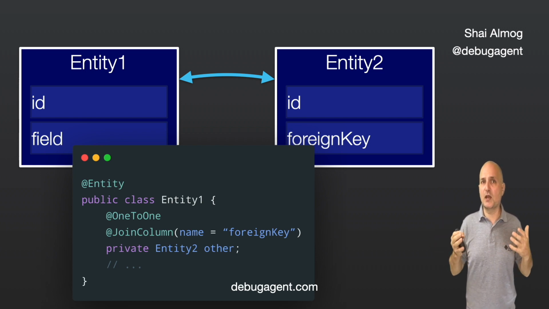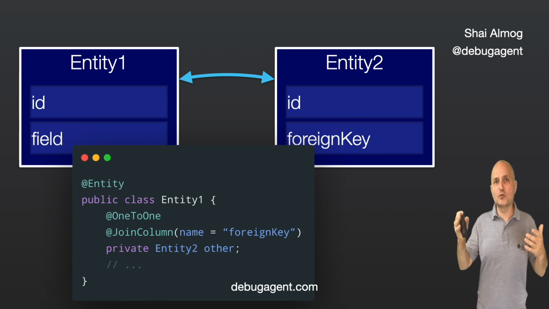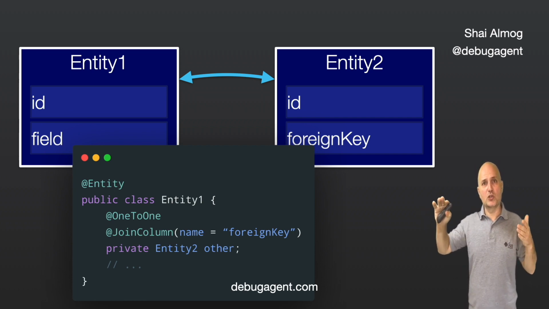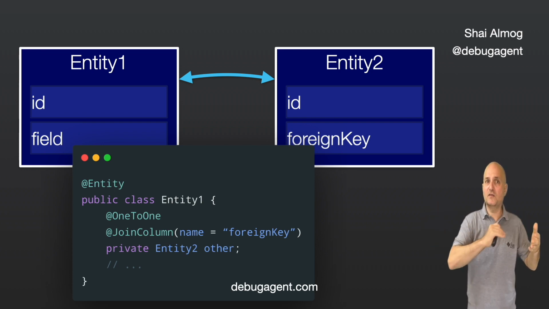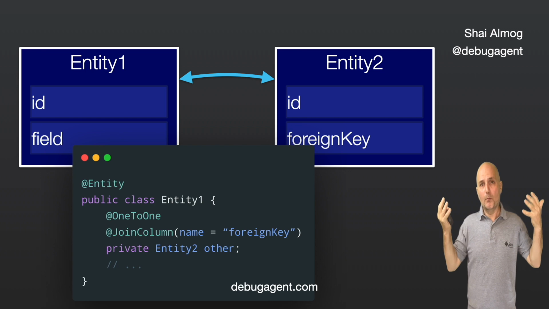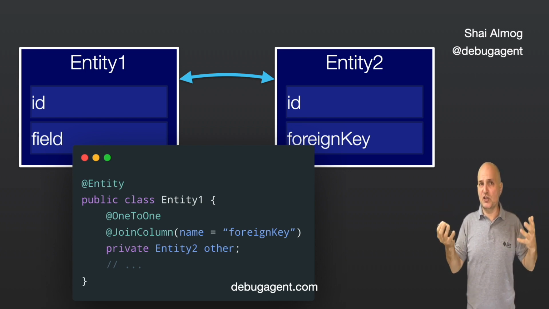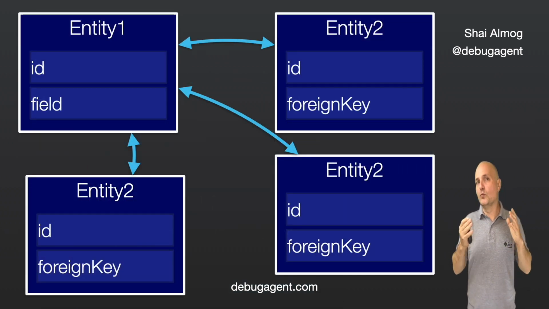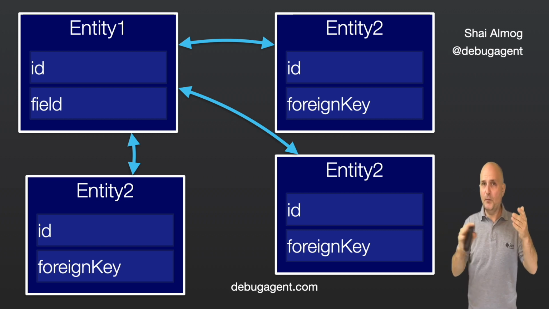Any relation can be unidirectional, which means the relation points to one side, or bidirectional, which means the other side of the relation points back. In the case of one-to-one relation, both sides of the relation will just hold pointers to one another for a bidirectional relation. A one-to-many relation can point from one entity to multiple entities of the same type.